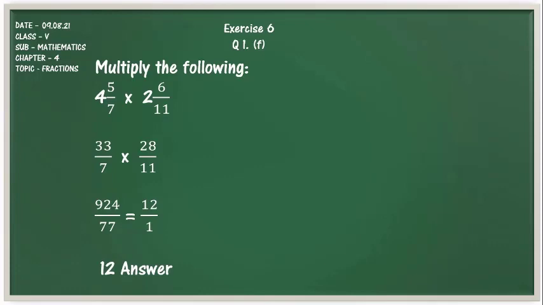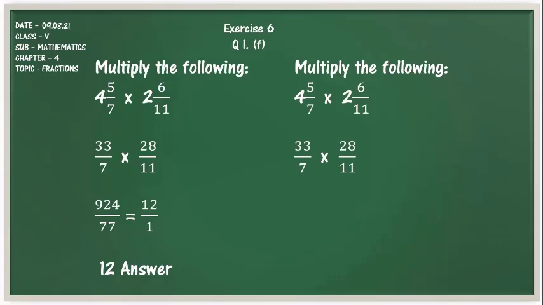We can make this easier by doing the same question like this. Here, while we are multiplying two fractions together, we can reduce the numerator of the first fraction with the denominator of the second fraction and the denominator of the first fraction with the numerator of the second fraction. This applies only for multiplication between two fractions. So after reducing the fractions at this step, we got 12 by 1, which we can also write as 12.